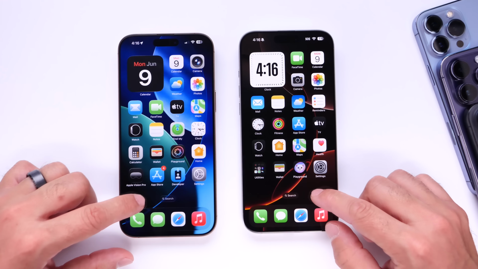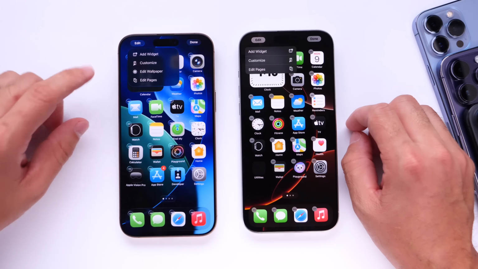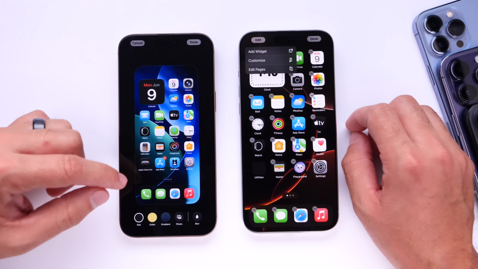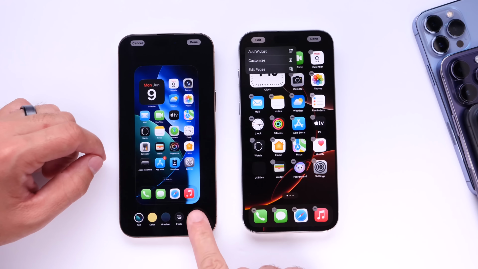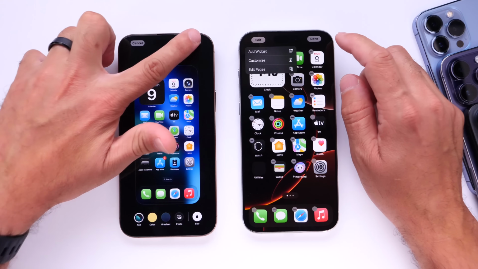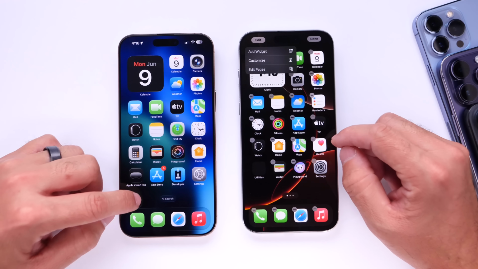So if we long press on the home screen, we have the ability to edit as you normally would, but we have one additional option in iOS 26. You can now edit the wallpaper directly from your home screen, just like so. You can add and remove the blur just like that. And of course, you can also go back here into the edit options, and you can further customize your device